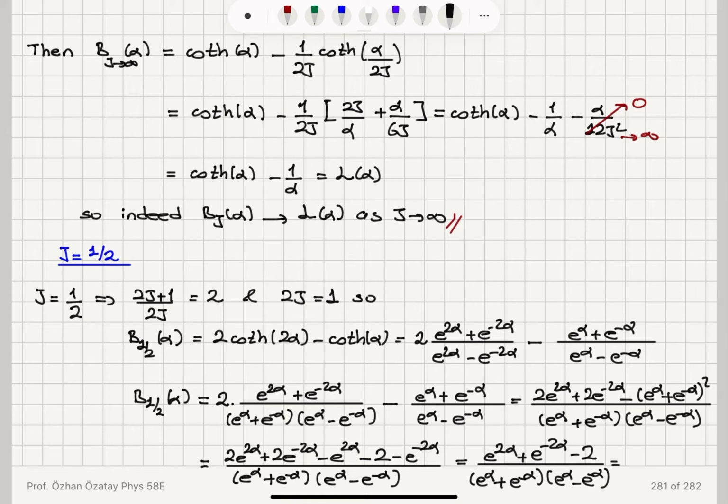Now I realize that what I have on top is (e to the alpha minus e to the minus alpha) squared. Is that so? So we have e to the 2 alpha, e to the minus 2 alpha, and minus 2, the cross term, minus 2 times e to the alpha, e to the minus alpha, which is 1. And in the denominator, remember, I have e to the alpha plus e to the minus alpha multiplied with e to the alpha minus e to the minus alpha. So this term will disappear with the top term. So I'm going to be left with e to the alpha minus